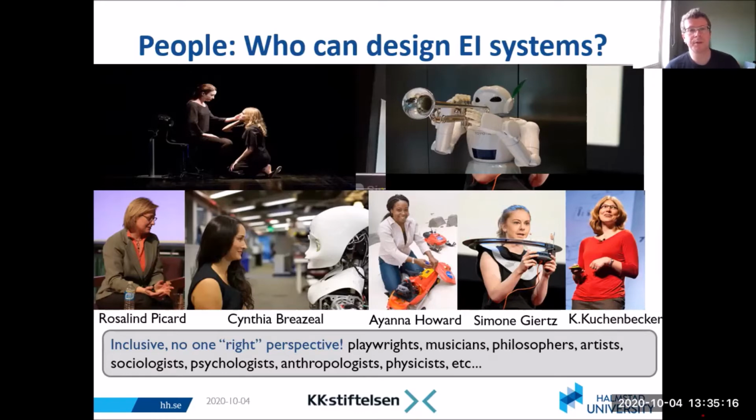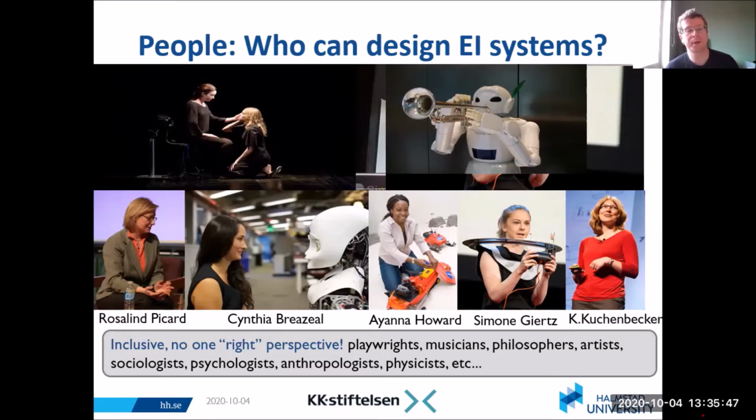So if we look at the images on this slide, at the top left, this is a theater play with an android robot on the left, a human on the right. And on the top right, this is a Toyota robot that's making music. At the bottom, we have some female roboticists who have been doing really incredible stuff. These aren't the best images, of course, it's just Creative Commons stuff, but we have Rosalind Picard on the left,